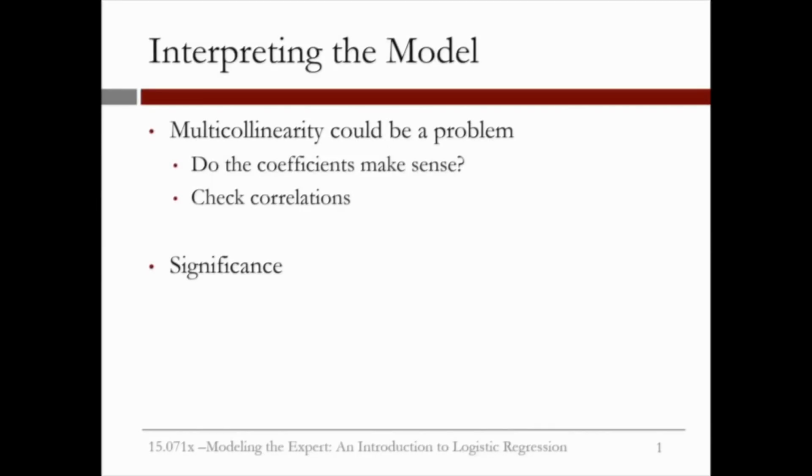Let us examine how to interpret the model we developed. One of the things we should look out for is what is called multicollinearity. Multicollinearity occurs when the various independent variables are correlated, and this might confuse the coefficients, the betas in the model. So tests to address that involve checking the correlations of the independent variables. If they are excessively high, this would mean that there might be multicollinearity and you have to potentially revisit the